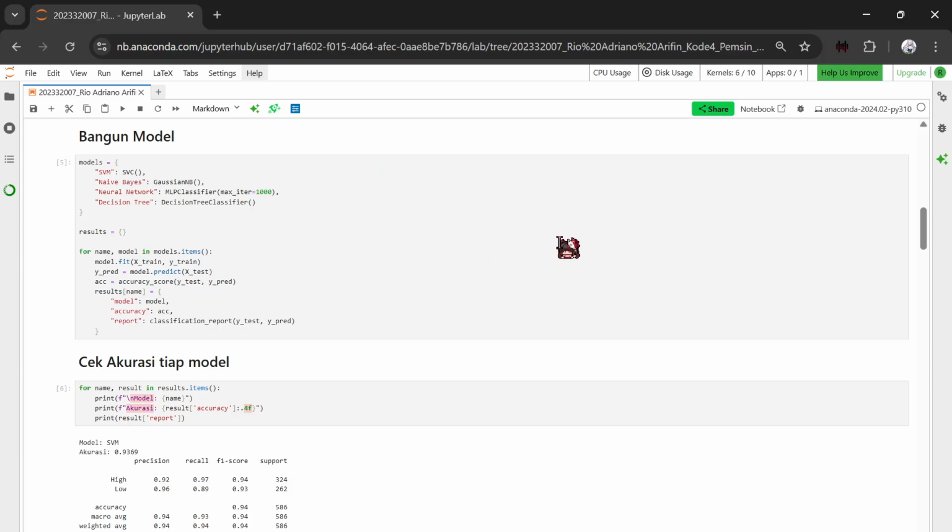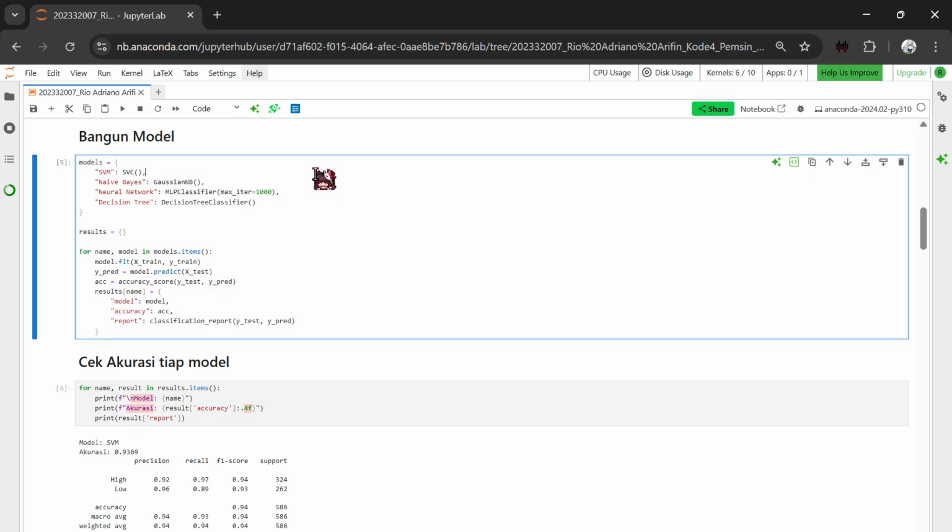We then create and train 4 machine learning models. First one is SVM or SVC, then naive Bayes with GaussianNB, then neural network with MLPClassifier, then decision tree with DecisionTreeClassifier. Okay, each model is trained on the training data and evaluated on the test data.